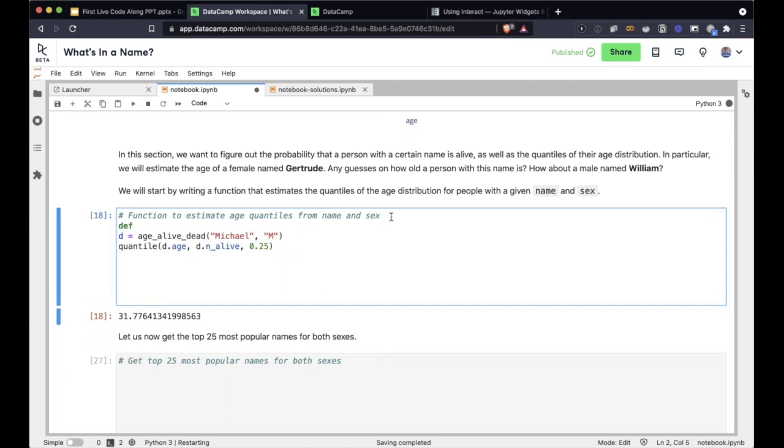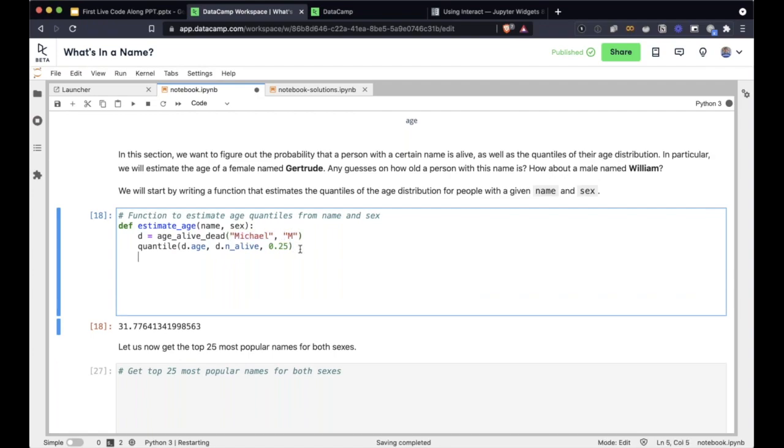Let's say def estimate_age, and we want the name and sex to be the parameters. Let's get this here. I'll leave Michael and male for now, just so that we can run things.